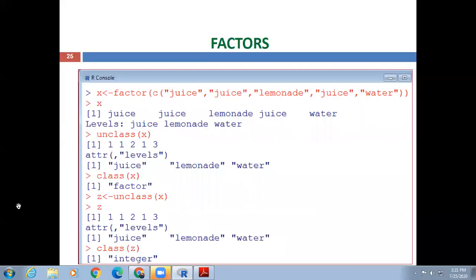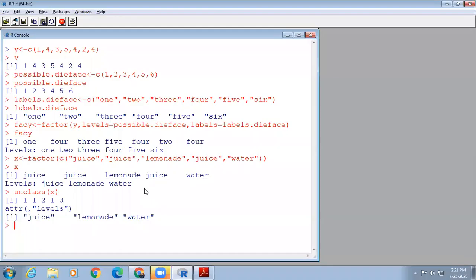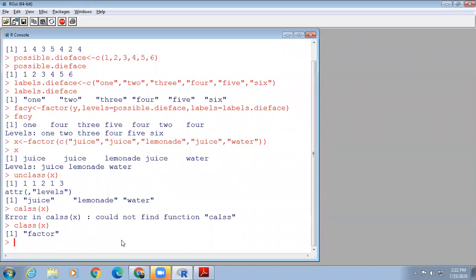Now if you want to find the class of a particular vector, suppose class of x. So what x contains, it defines simply. Here you can see we used the unclass function. Here the spelling is a mistake. So whenever you take class of x, what x contains is actually the values recently created as factor. So what is the type of the class of x? Yes,